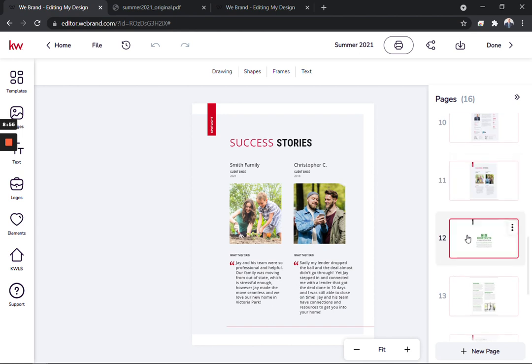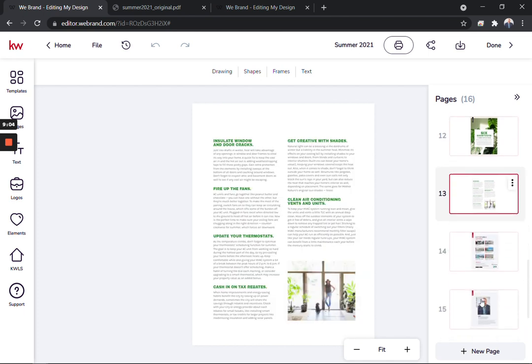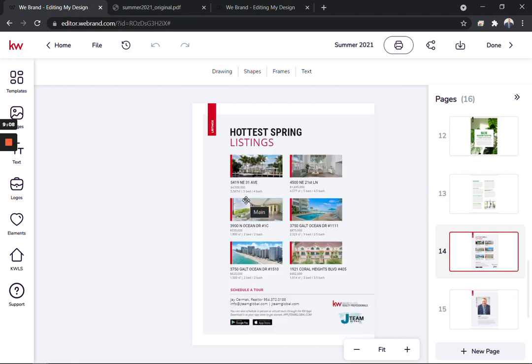Awesome. The next couple ones were pretty much done. I'm just clicking on them to verify there's nothing I need to change. Six shortcuts to summertime energy savings. That one looks good. And the last one, this one took me the longest, but it was actually pretty easy